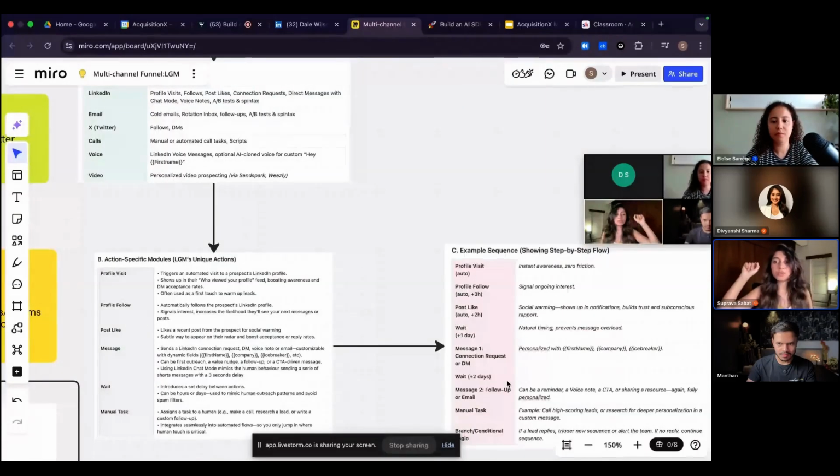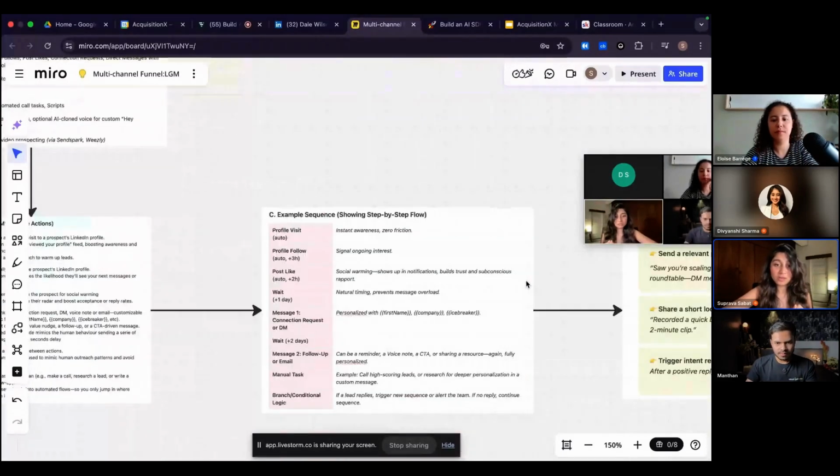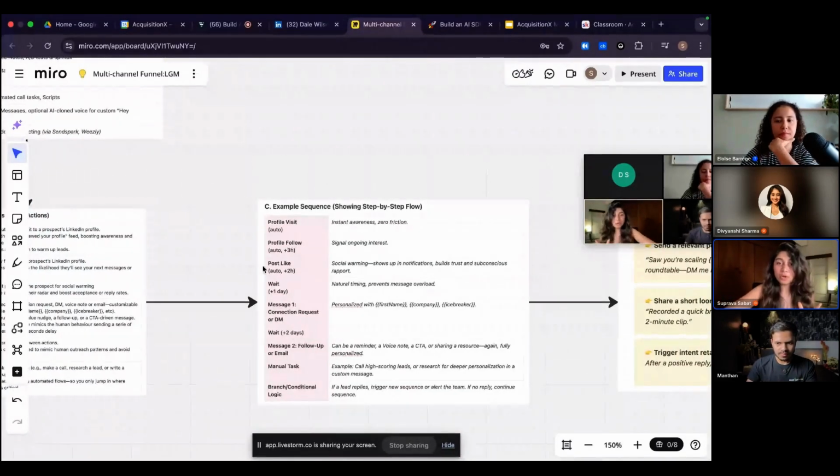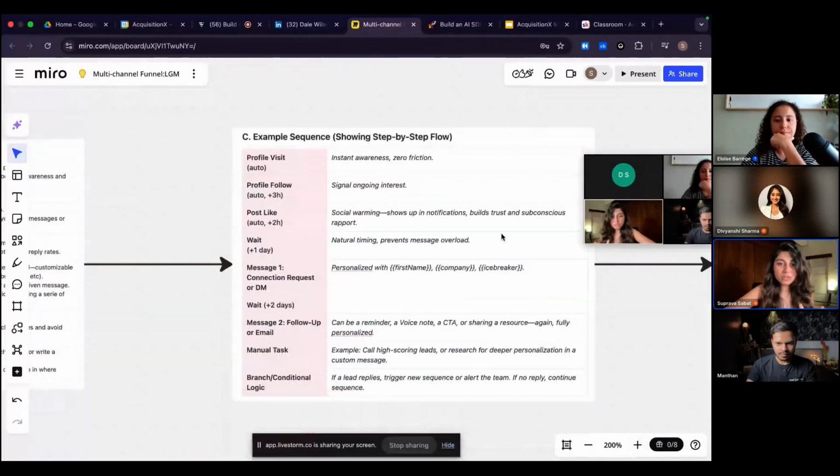But at the same time, guys, please make sure to keep the DMs as few as possible. I would suggest 10 to 12 DMs max. Even if your account is safe, still I would suggest just 10 to 12 DMs a day. That's it. Don't go more than that. You can add more profiles, that's fine, but don't add more DMs. That's just crazy. This is an example of how a follow-up sequence is going to look. It's all automated, by the way, guys. You just have to set up the campaign once, and that's it.